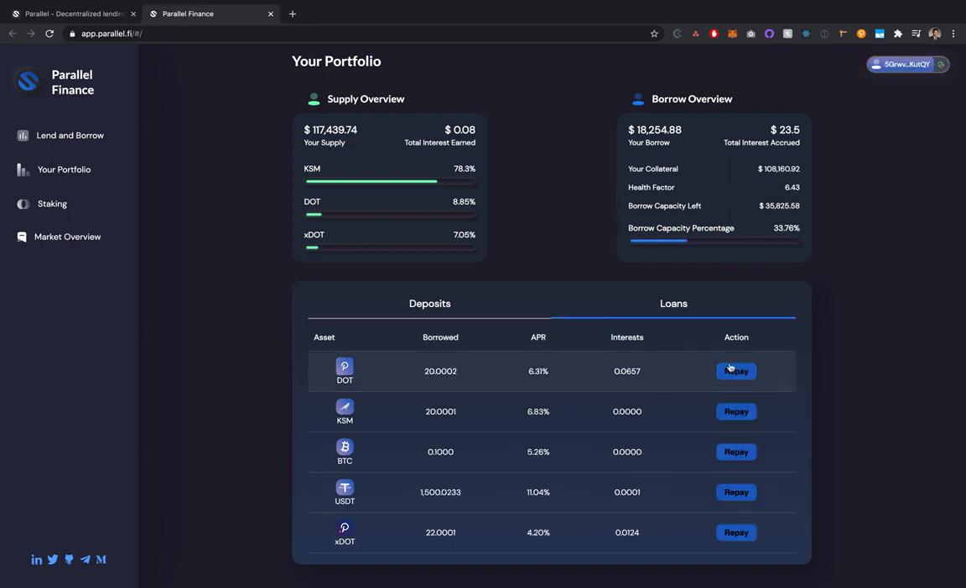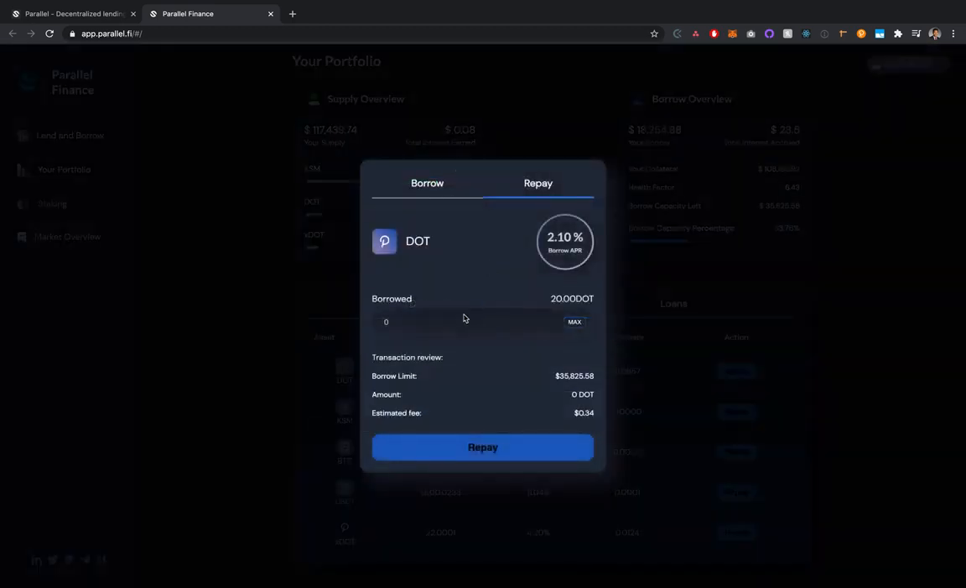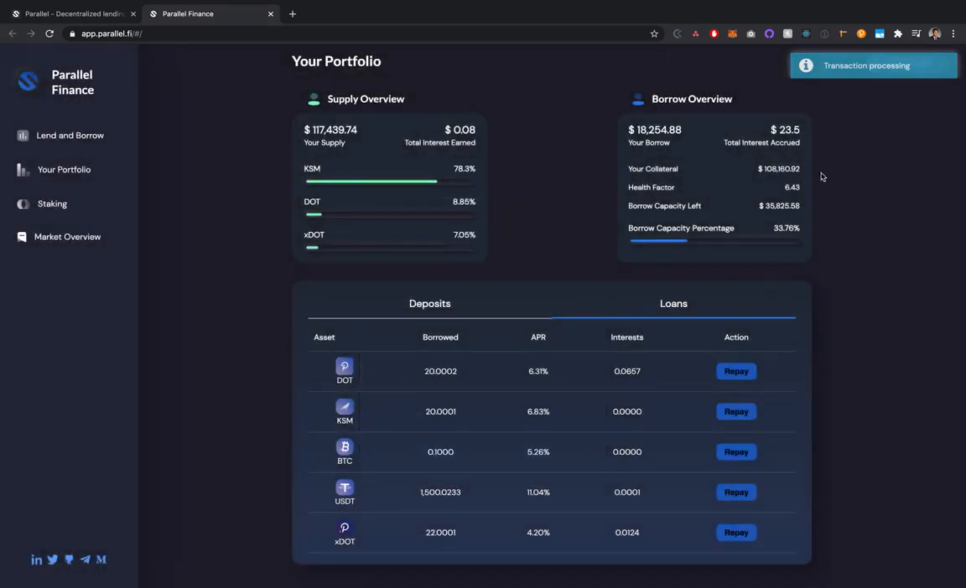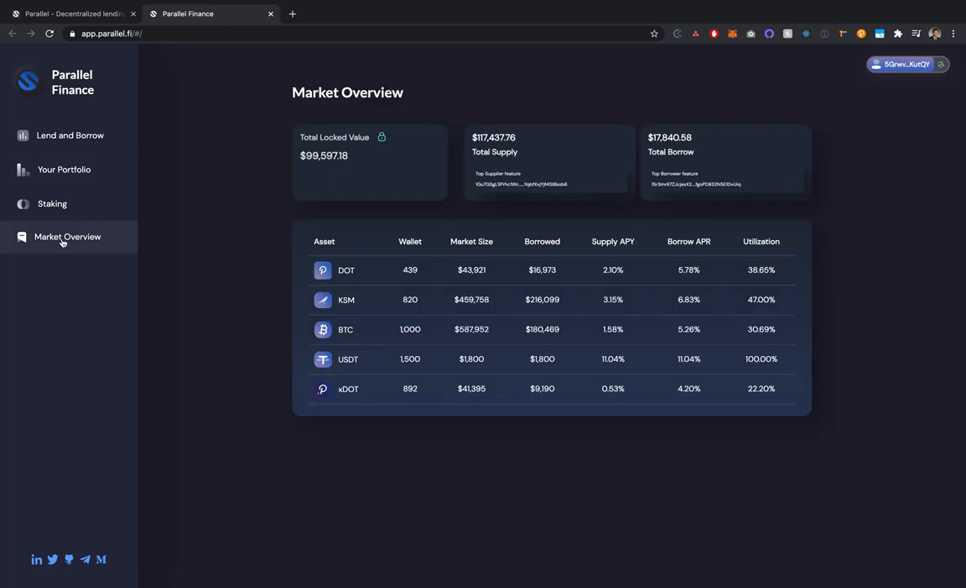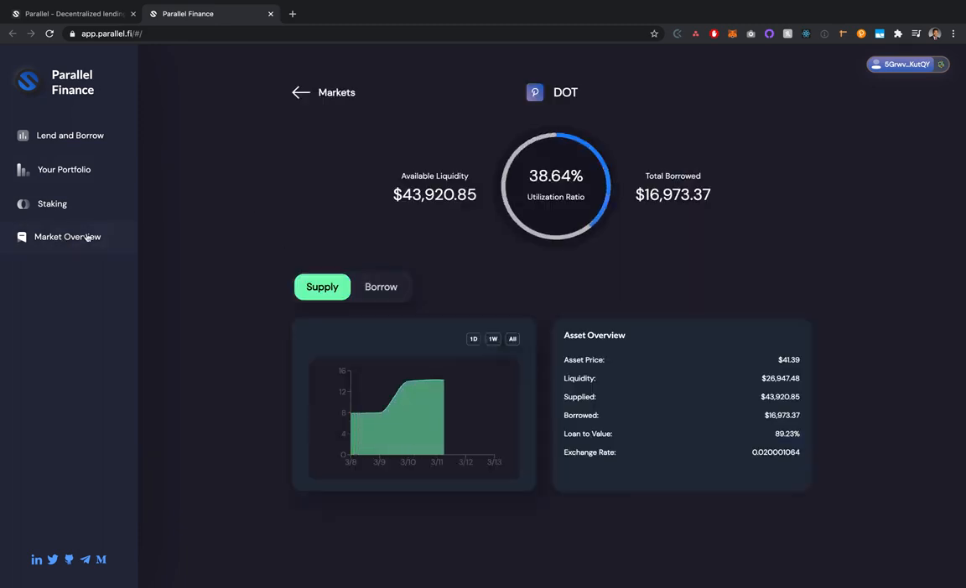And so let's say I'm done with the loan. If I want to start repaying, then I can repay here. Let's say I want to start repaying 10 dots. I just need to send a transaction here, and it should repay for me. And we can see that now the borrowed capacity has decreased a little bit based on the amount I have just repaid. So if the user wants more information about different assets, then we can go to the market overview